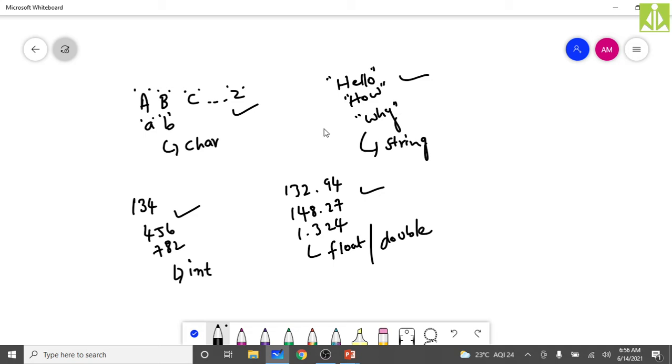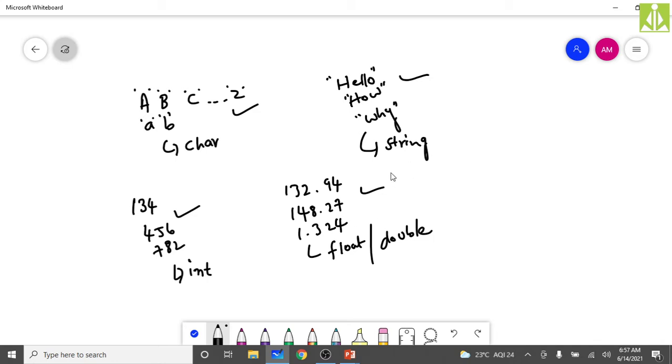Okay, a person's name is different from person's ID. For ID we are going to have numerical values. For name we are going to have only a sequence of characters. Likewise, a person's name is different from person's ID or person's salary details. To store salary details we need float or double. Using string we cannot store the salary details because on salary we are going to perform operations. So here this data is different, this data is different, this data is different, and this data is different.